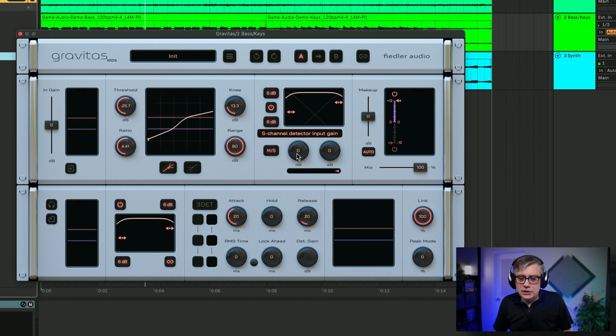And if you have two LFE channels, you will have these two knobs become the two LFE channel knobs. But let's turn that off and turn that back on to regular stereo processing, and let's maybe restart the audio.